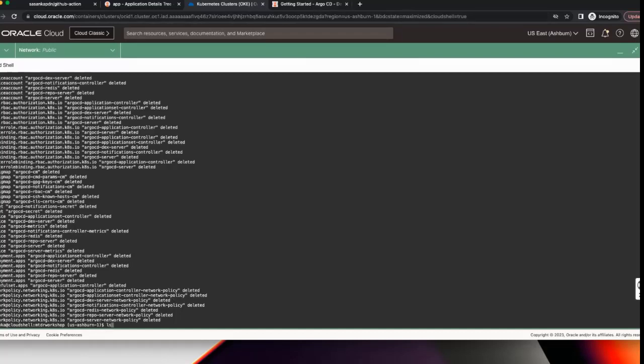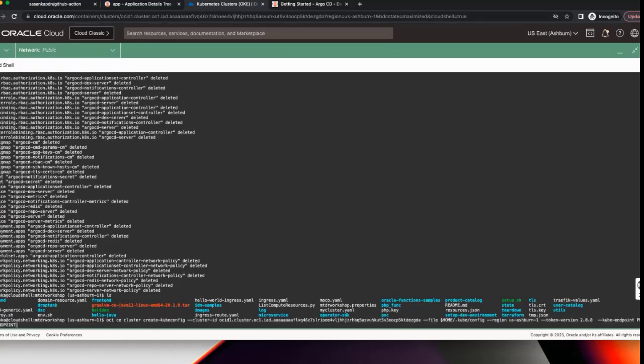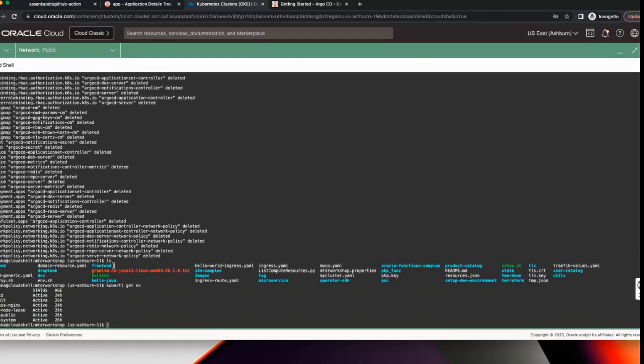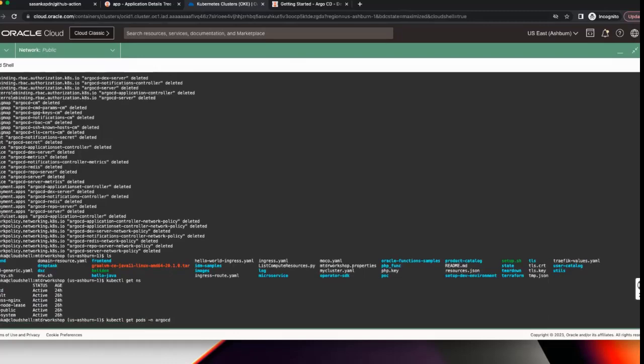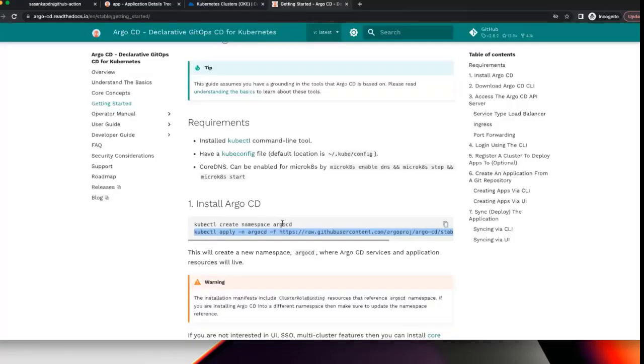If I go back to the kubectl, I didn't delete the namespace. kubectl, okay, pods. See, I don't have any resources running. So I'm not going to delete the namespaces yet, which is the first one.